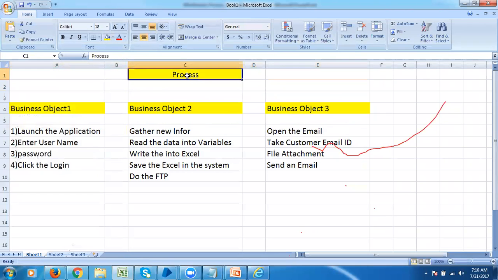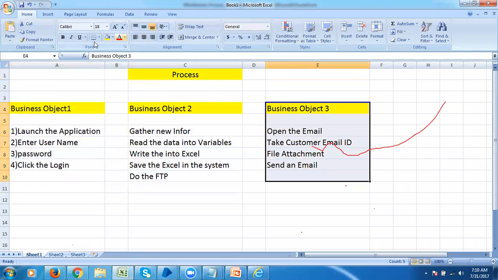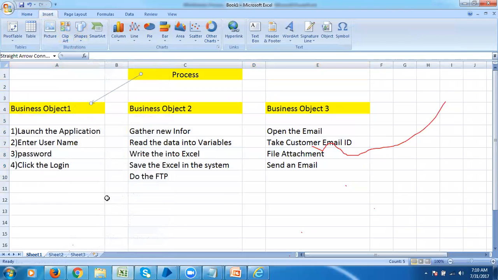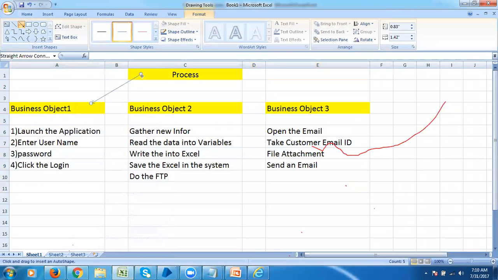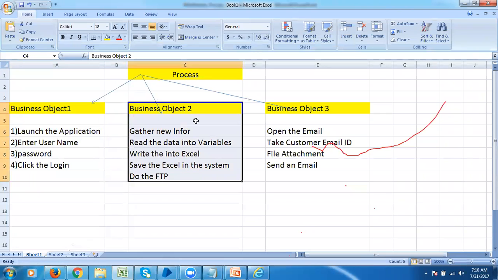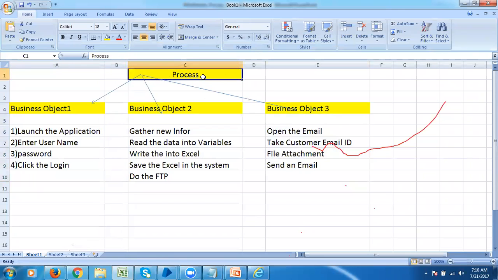So obviously you will be defining a business process and dividing your work. For every piece of work, you are going to define a separate business object. So when I run this process, first one will be executed, then the second, and then the third. In the process studio, I'm going to call my business object 1 first. After completion of this, the second business object will be executed. After completion of this, the third business object will be executed. So that is what my business process is.